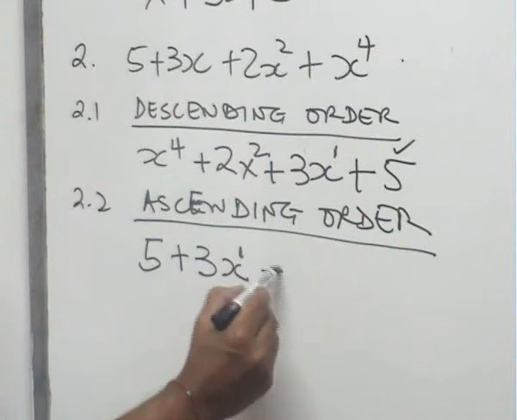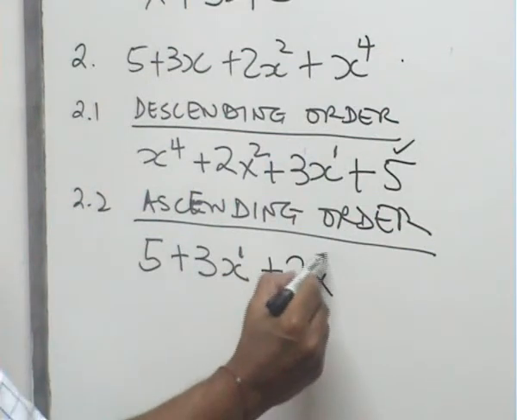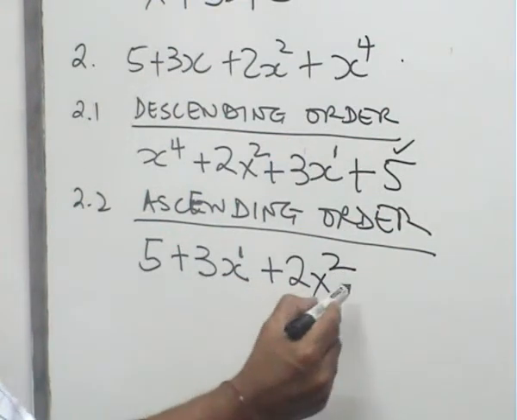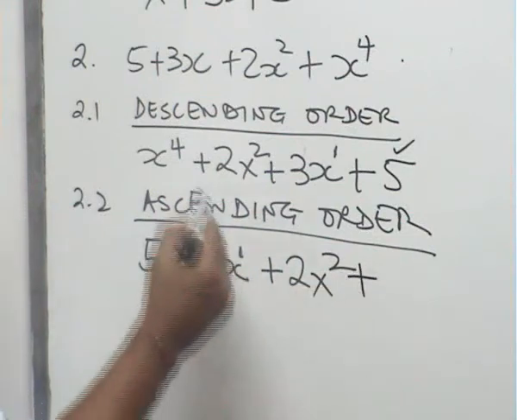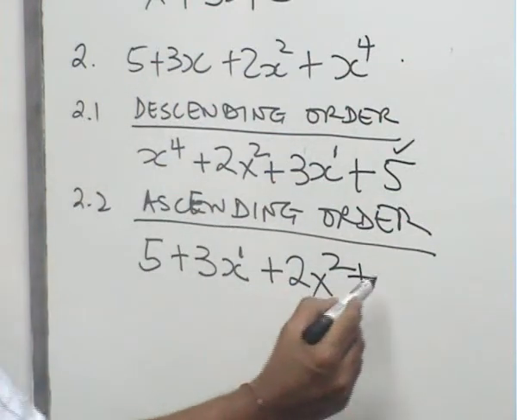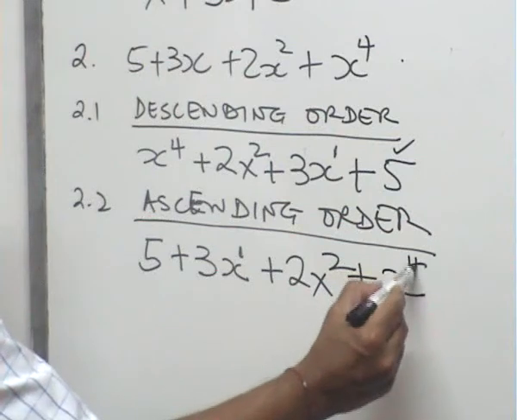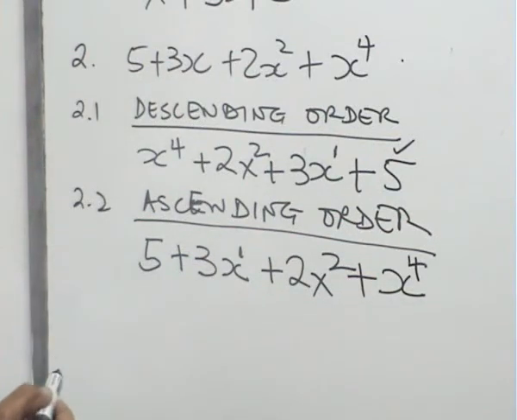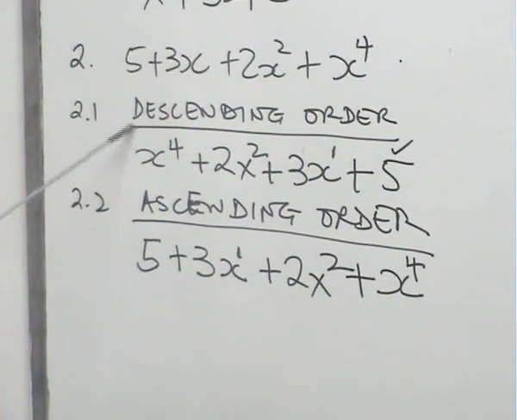Then you move up, plus 2x squared. Then you're looking for x to the 3, you haven't got it here, so don't worry about that. Move on to the next one, which is x to the 4. So that's arranging expressions in ascending or descending order. Right? And like I told you, most of the time in maths, we are going to be arranging